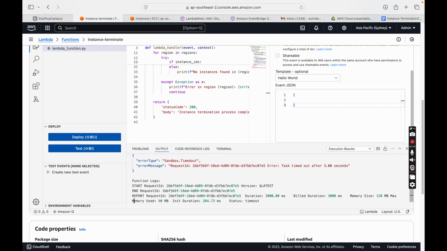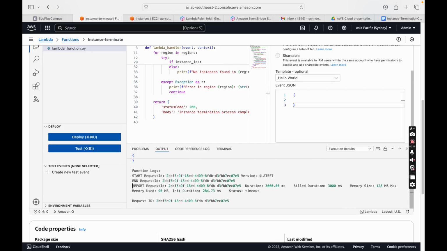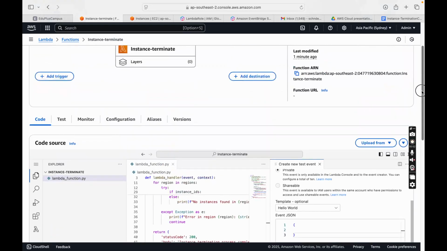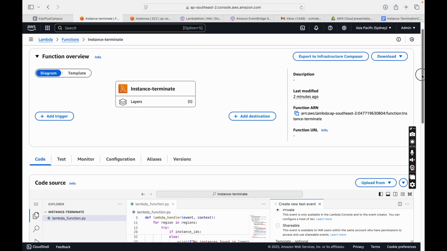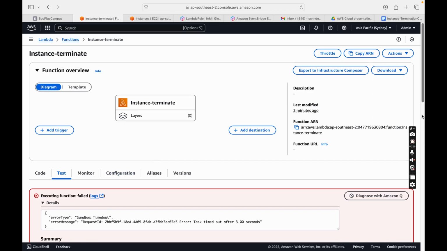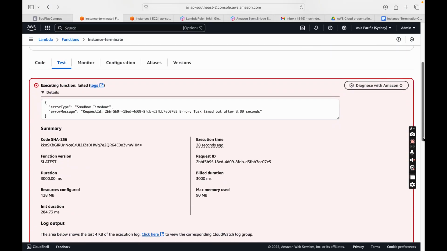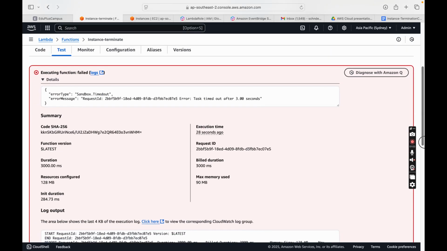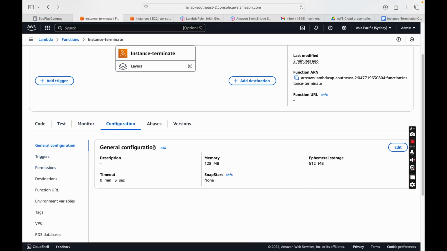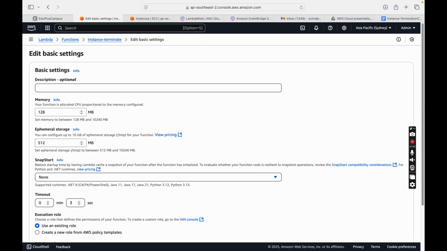So there is something called an error message. My event is not saved, so let me save this once again. What is the execution error? Okay, task duration actually. So I just need to go to the configuration settings, and here we should by default